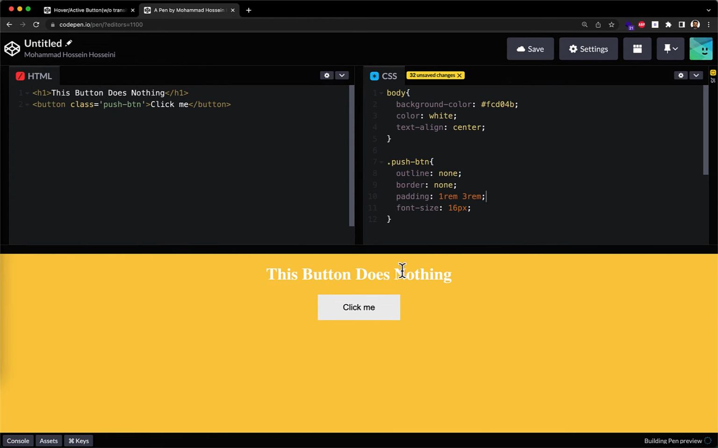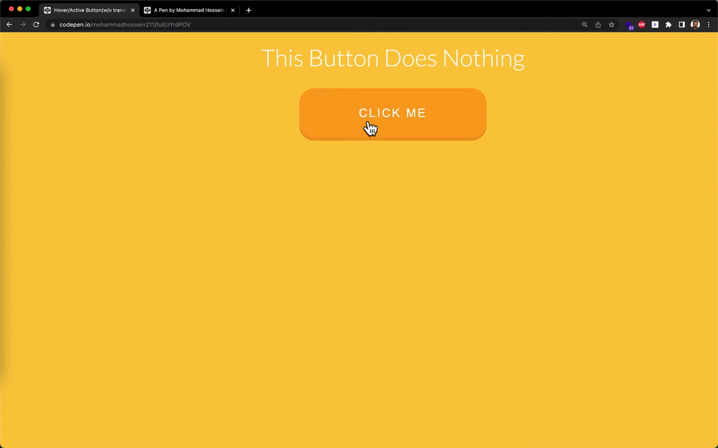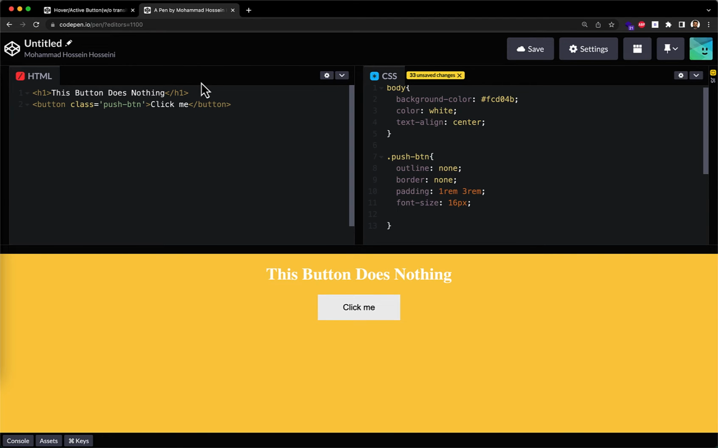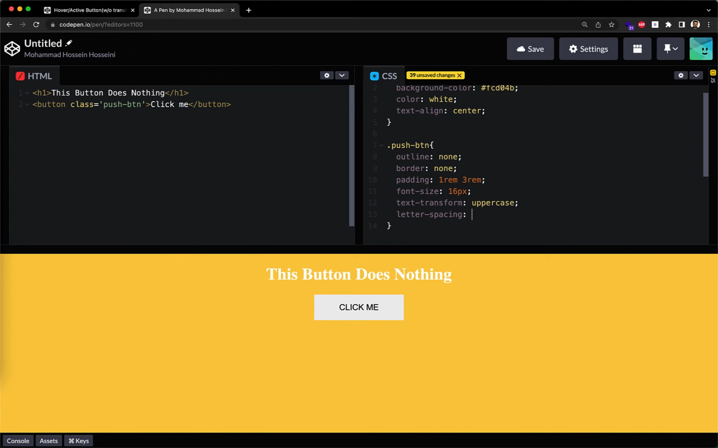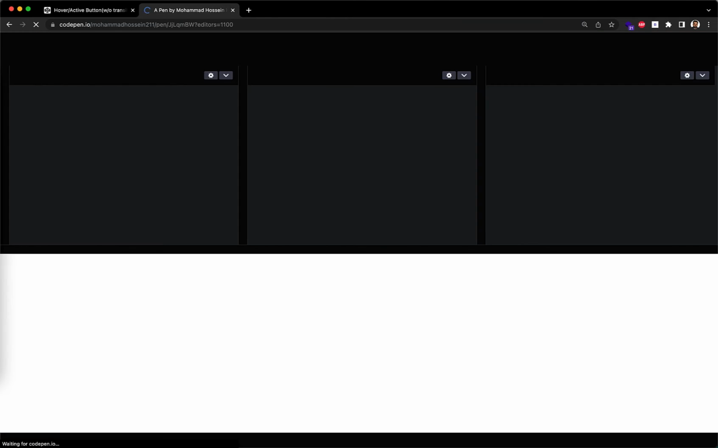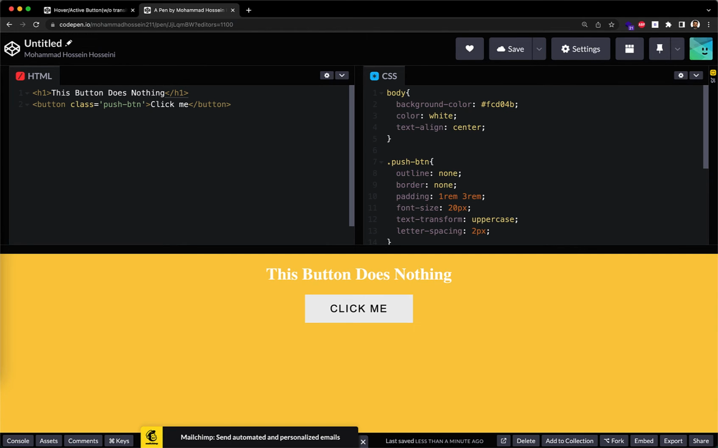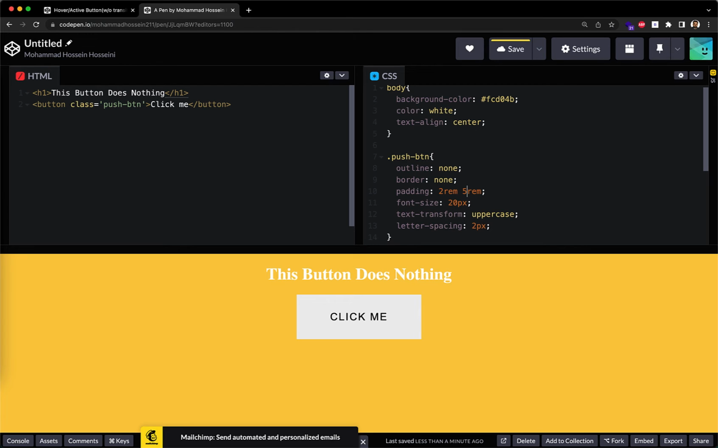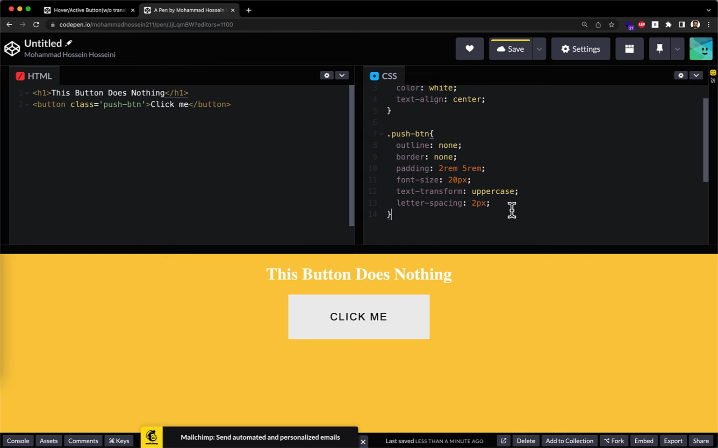16 pixels. Okay, and after that we can see that the text itself is all uppercase, so we can say text transform uppercase, and we have some space between letters, so letter spacing is maybe 3 pixels, too much, 2 pixels, okay, and the font size can be 20 pixels, yeah, and also the padding could be more, 2 and 4, okay, let's see, yeah, maybe 5, okay, yeah,